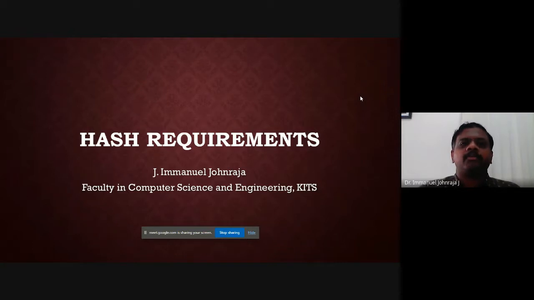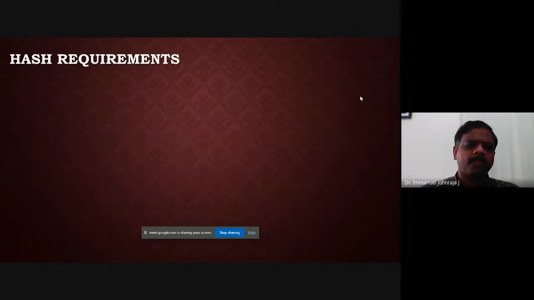So now we are going to get into a specific algorithm called SHA-512. Today we are going to learn about SHA-512. But before that, we are going to quickly recall the requirements of a hash algorithm. The points are known to us earlier, but today's session will help us know them in a formal way, right?